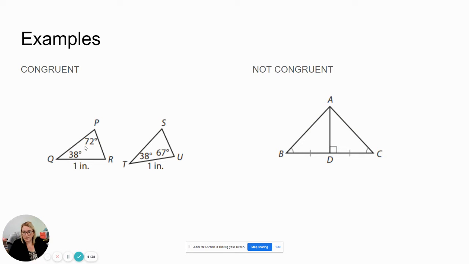Okay, and this one right here, actually, I think I mixed these two up, because this one right here is the not congruent one. If you take 180, subtract 72, subtract 38, you actually get 70 degrees for this angle right here. And it needs to be 67 degrees